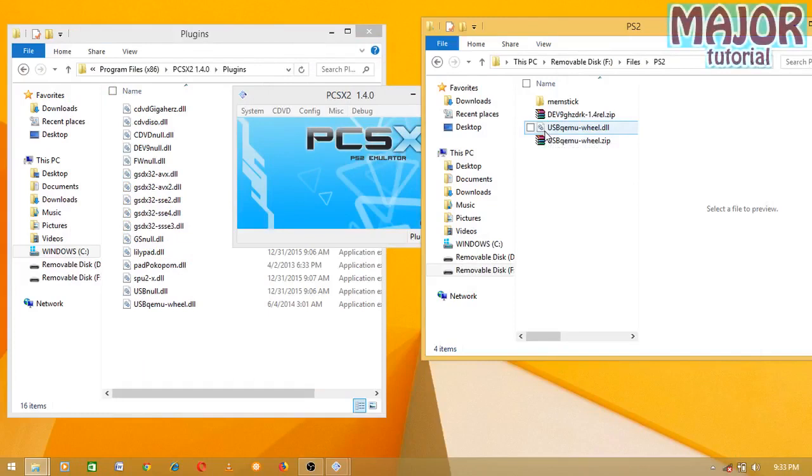Welcome to the channel, and today I'm going to be showing you guys how you can install plugins to your PCSX2. For example, I'm going to be using this USB Pemo wheel. This is for playing games that require a wheel, like racing games. If you want to use a wheel to play racing games, then you need to get this USB Pemo wheel